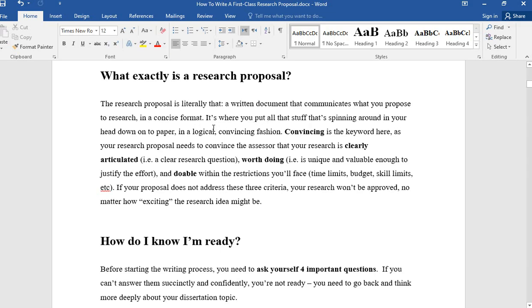So it's where you put all that stuff that is spinning around in your head down onto paper. You've got many different ideas and thoughts about that particular problem, so you have to put them down on a piece of paper in a logical, convincing fashion. This logical and convincing fashion means that you have to follow the procedures of appropriate proposals, right? Convincing is the key word here, as your research proposal needs to convince the assessor that your research is clearly articulated, with clear research questions. This is very important,